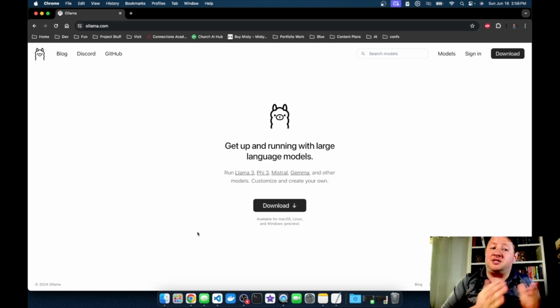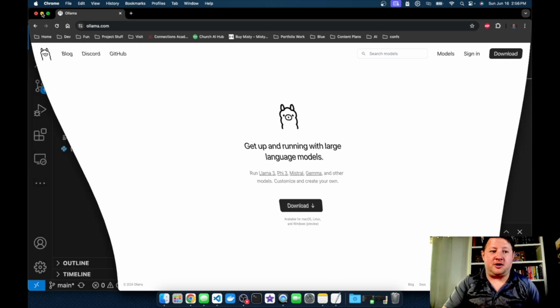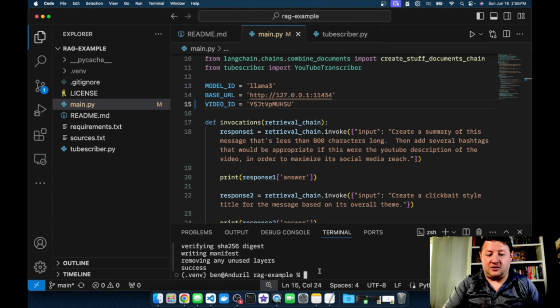But the short version is if you go to ollama.com, you can download a Mac or Windows or Linux distribution of an application that runs in your background. And you can see I've got the little llama icon up here in the system tray. So that's a thing that needs to be active and running. And once you've downloaded it to your system and started it up, the very next thing you need to do is come to a command prompt and type ollama pull